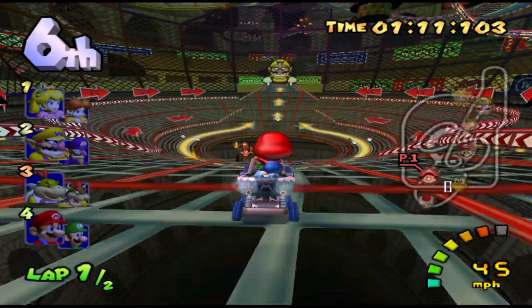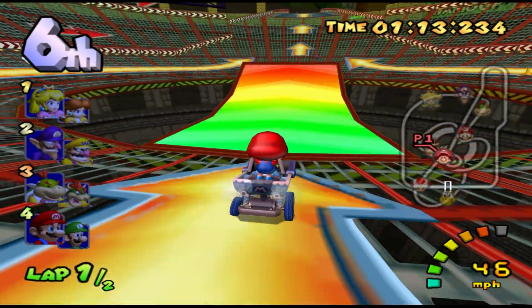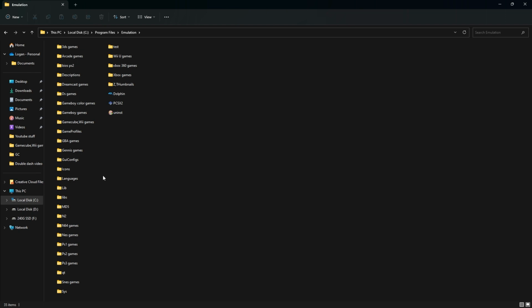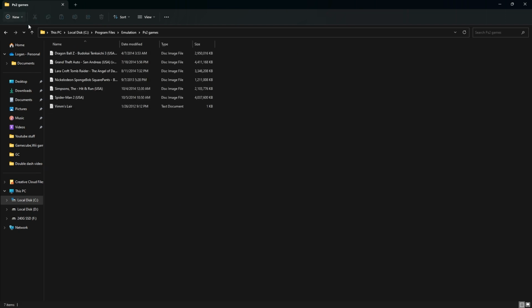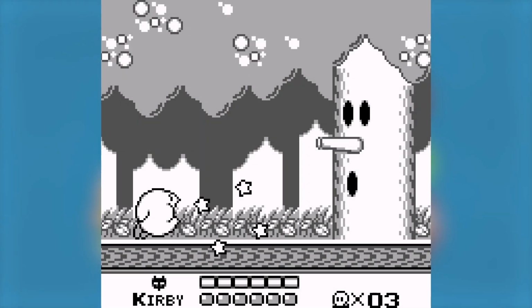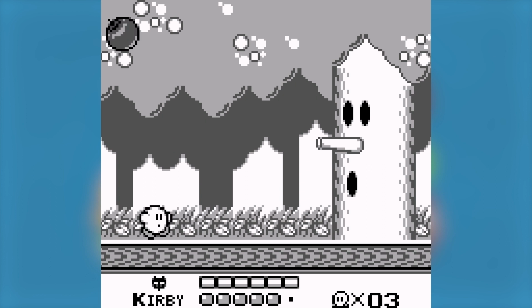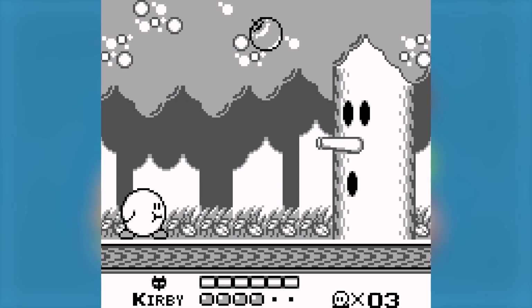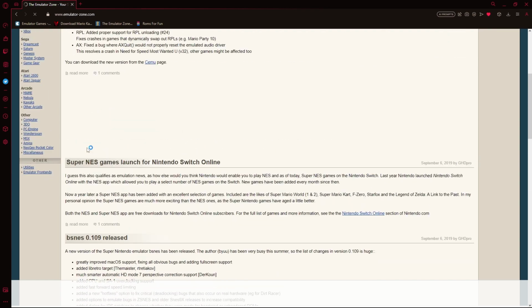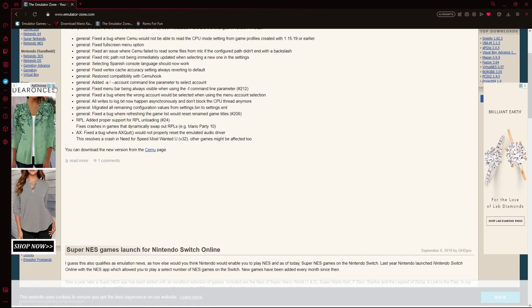Now, speaking of folders, try and organize your games. You don't want to be looking around File Explorer for 3,000 hours trying to find your game. So try and group it by consoles or genre or some other random category. Now, a big reason why people don't get into emulation is because of the problem with computers and troubleshooting and all that PC stuff. And that's justified, but there are a ton of subreddits and wikis that can help you and show you what to do. There is this really cool wiki that I will link in the description that can help you out, and you can click on any console and it'll give you a link to an emulator that is corresponding to that console.